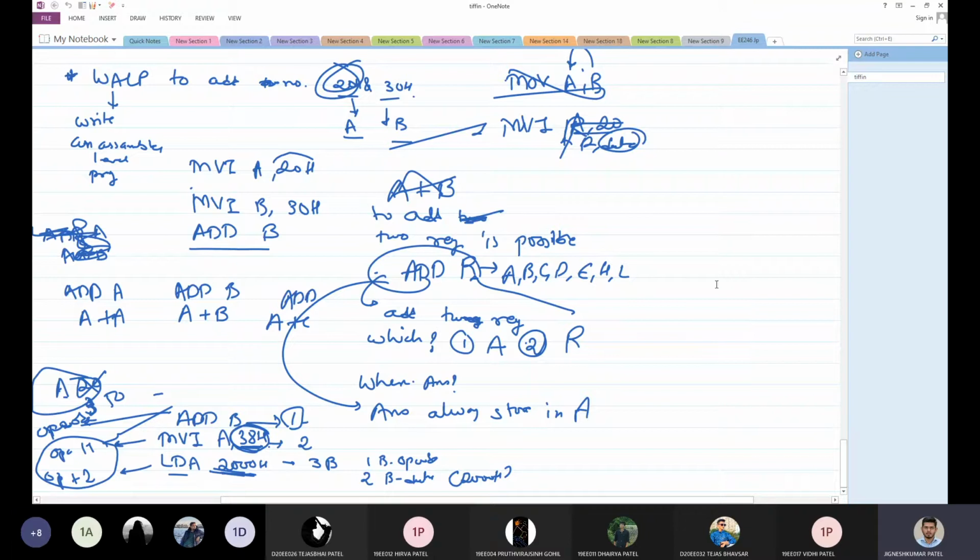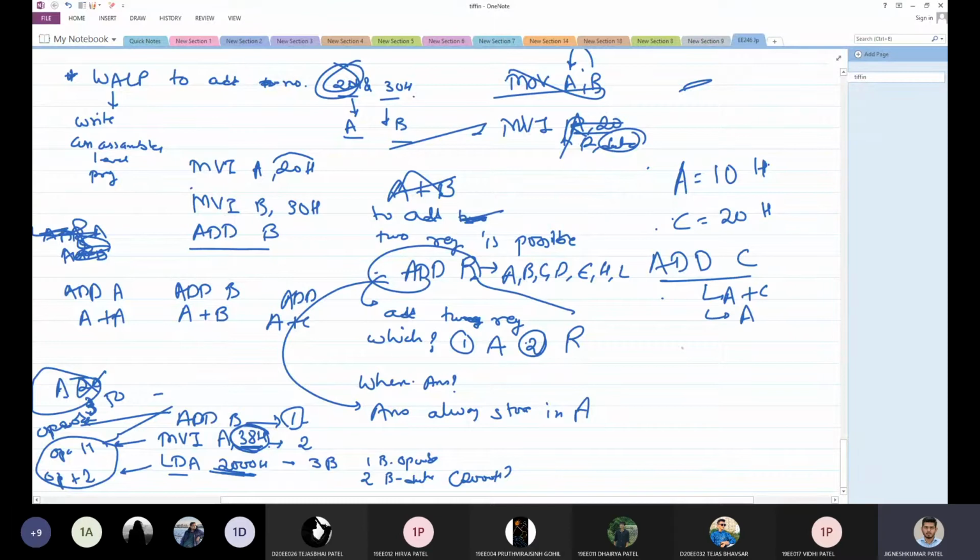So let us have an example one more time. If your accumulator content is 10, okay, this is again a hexadecimal number, and the content of register C, let us say, is 20, and you write the instruction ADD C, that means addition will be performed between register A and C, and the answer will be stored into A. So what would be the answer? 20 plus 10 is 30.